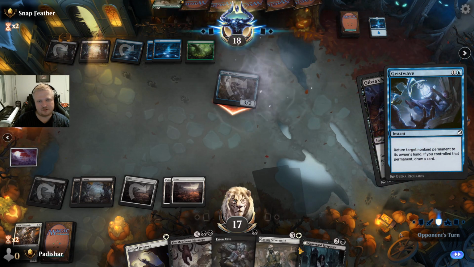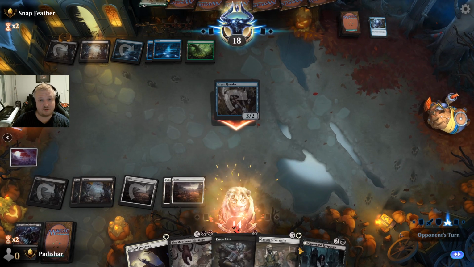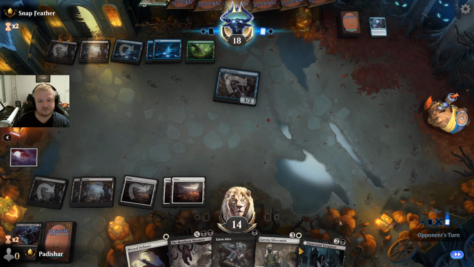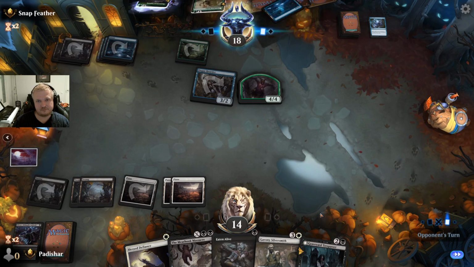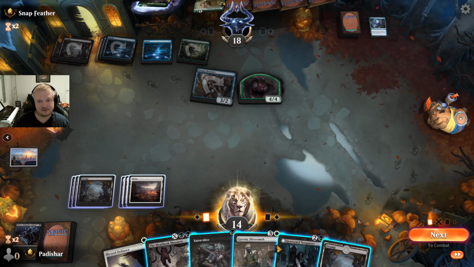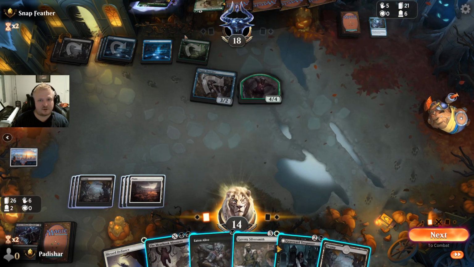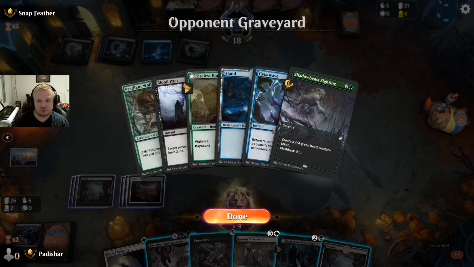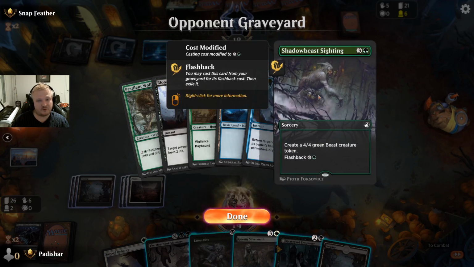Are you kidding me? Well, I have removal for that, but they just drew a card from that bounce spell too. I mean, my Mythic Massacre isn't doing anything here currently. Well, it's doing something, but they have another 4/4 card. That was also a 2/1, so this was a 2/1. They countered my removal spell, drew a card. They played a 4/4 that will give them...